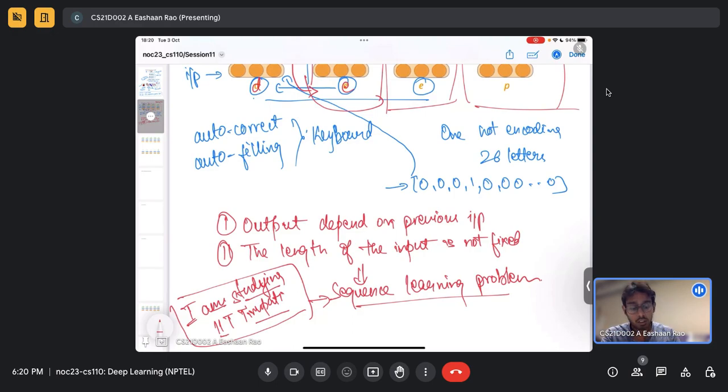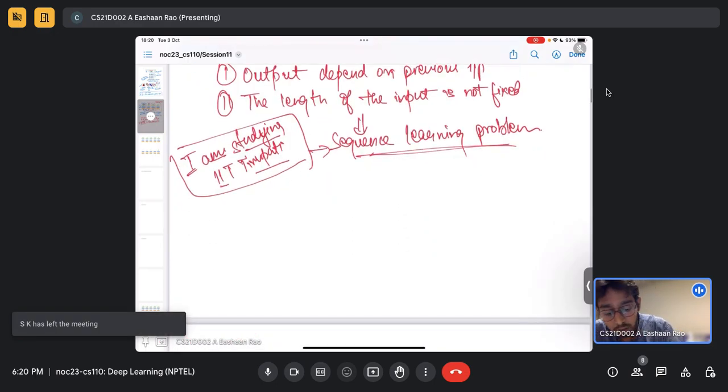Okay, so this is now, if you're able to understand that, that sequence learning problem is something where my input length is not fixed and my output depends on my previous input, that is more than sufficient as of now. Okay, now that being said, so now I can safely convince you that input is a